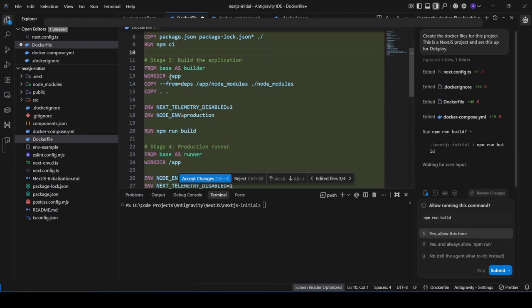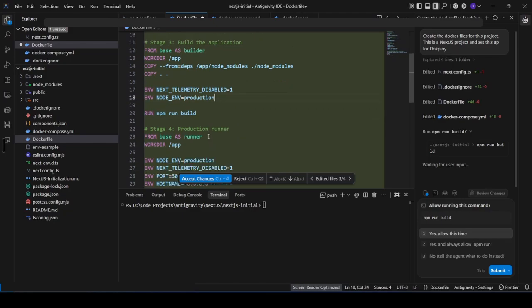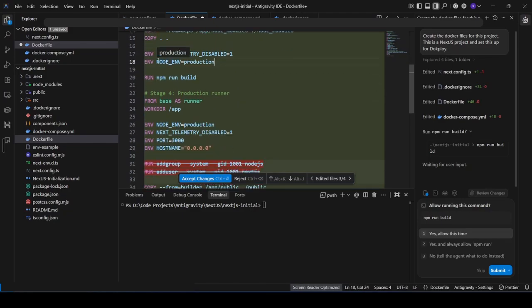Okay, setting the work directory. Okay, as base, adding all of these, copying all of this. Then telemetry, it's disabling that. Okay, you can add your environment variables here, by the way, if you want. And this is how you add any environment variables that you might have. Okay, npm run build is going to be added. You can then tell it to run npm run build, and then this is setting up the base again, working directory,